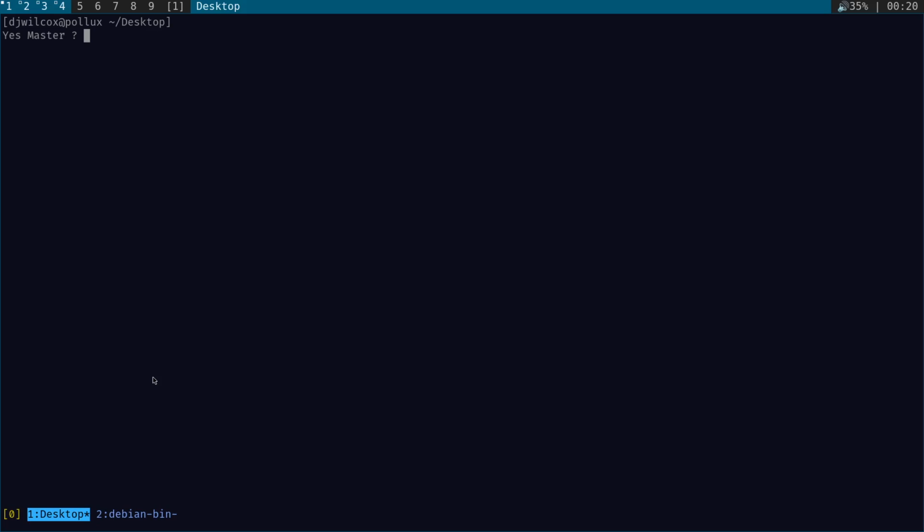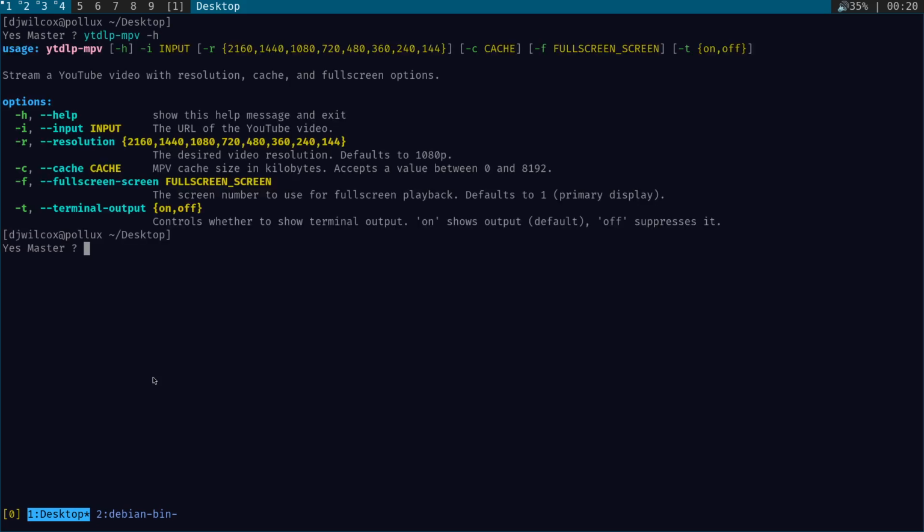So what I'm going to do is switch across to the terminal and run yt-dlp-mpv -h. And this script has additional features that the original dash-ffmpeg script didn't have. So what I've done is actually set this so that it's got a variety of new options that you can use, as you can see here. So when we run the script with the -h option, it prints out the help,